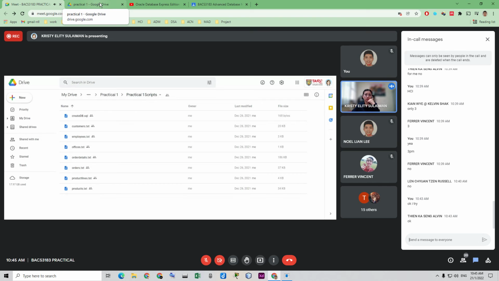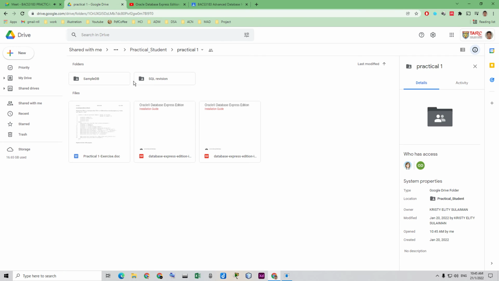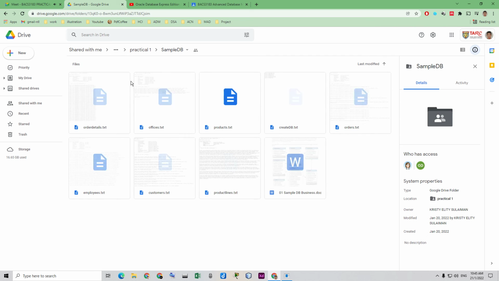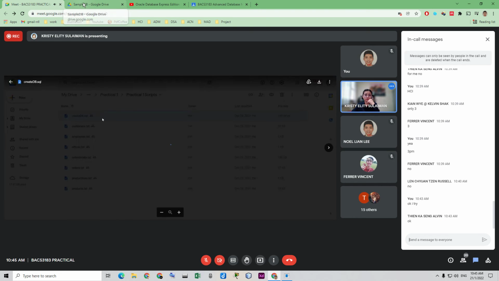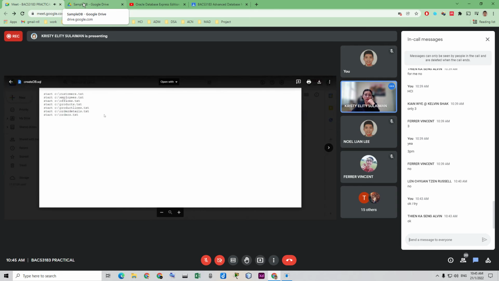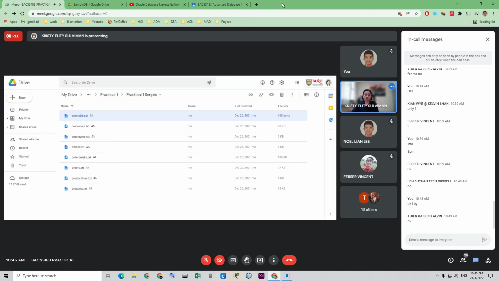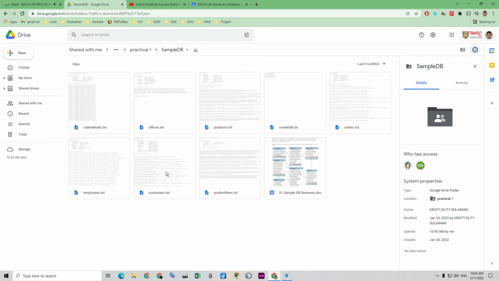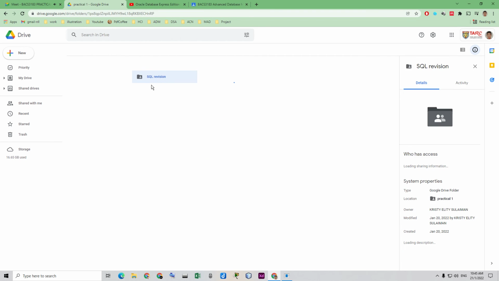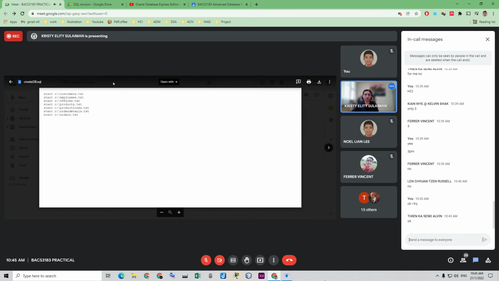So basically what you will do is use a command to run this script automatically to create all these tables inside your database.